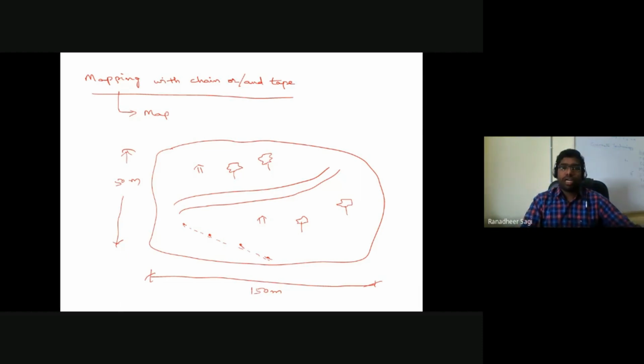Okay, so for carrying out our survey, as I told you earlier, the first step we start with is your reconnaissance survey. So we are trying to recognize all the different salient features existing in that particular site. Once your reconnaissance is done, understanding, okay, these are all things that I have got in my field, and the approach I want to follow for completing my survey work. In this case, I'll make use of a chain or typically a tape for completing my survey in order to locate the various other objects that are existing in that particular survey field.